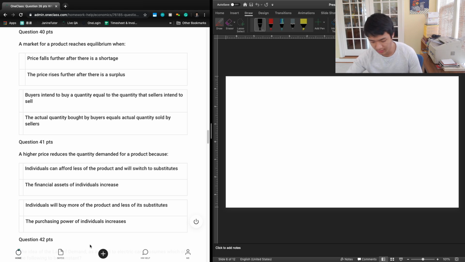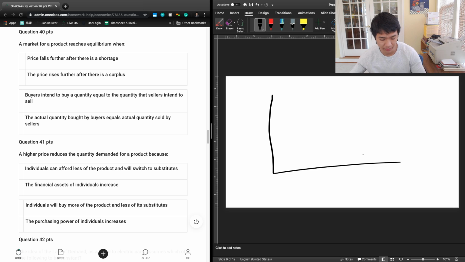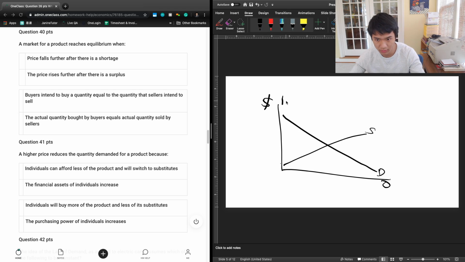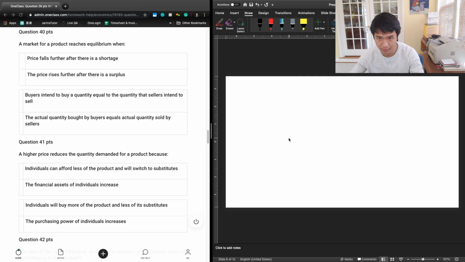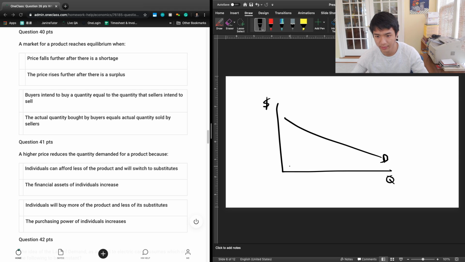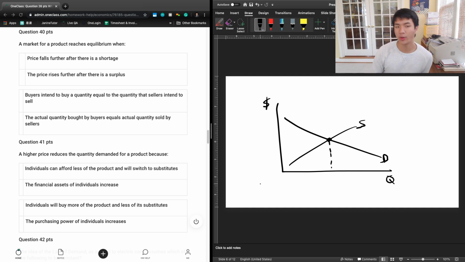And so let's take a look at our supply and demand curve. So we have our y-axis, x-axis, price, quantity, demand, supply. This is our equilibrium point, right? What is it equal to? It's a point in which the buyers buy the same amount that